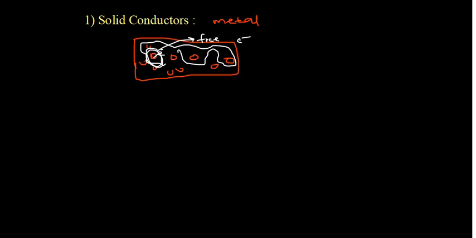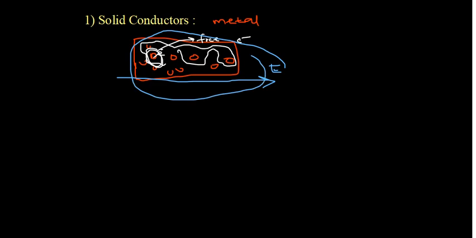Now if I make the same charges move in a particular direction, then I can get a current. But the question will arise, how to do that? That is very simple: by applying an electric field. From the last point we know that when I bring electrons, or charges, into the electric field, they will experience a force and accelerate in a particular direction, and that results in a current. That is very clear with the solid conductor.